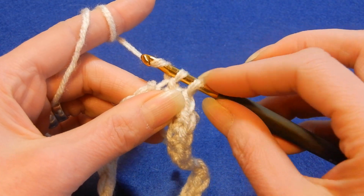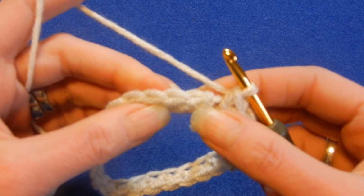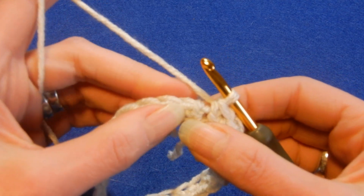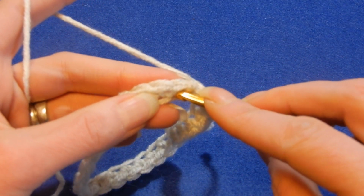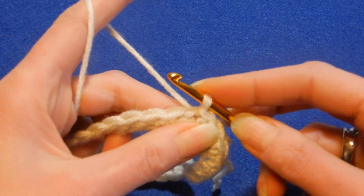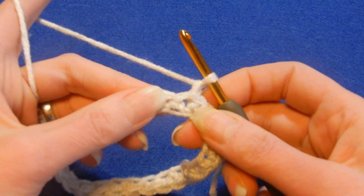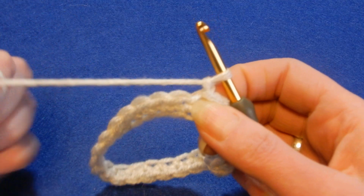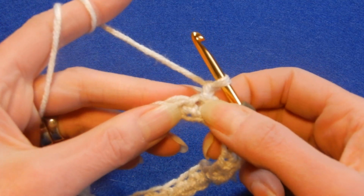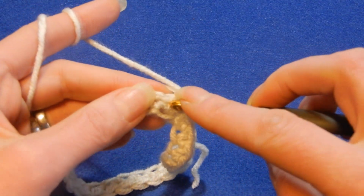Then yarn over and pass the yarn through the next 2, and then we're going to move to the first stitch here, right here, and do another slip stitch. Then chain 1, and now in that first stitch that we closed, where we did that last slip stitch, into that first stitch we're going to go in there,